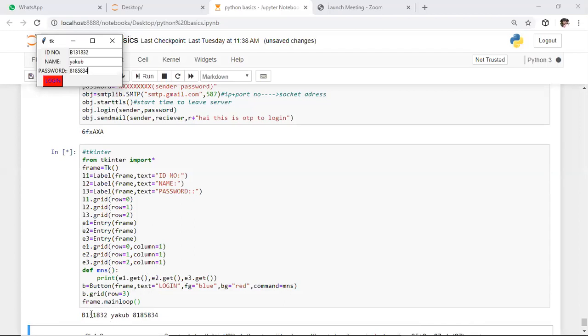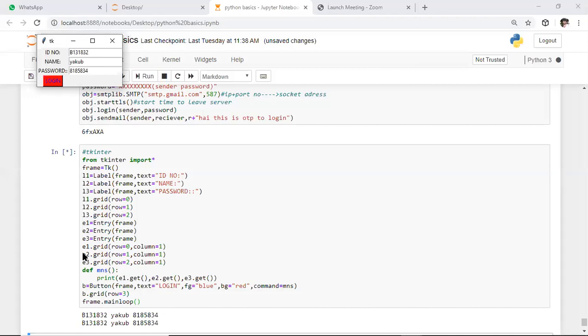Whenever this goes to the database, it will check your credentials. If your credentials are the same, it will log you into your account. If your credentials are wrong, it will deny or reject the connection. So here, after clicking on this login button, we need to make all these entries disappear. Whatever details you enter should not appear whenever you click on this login button.